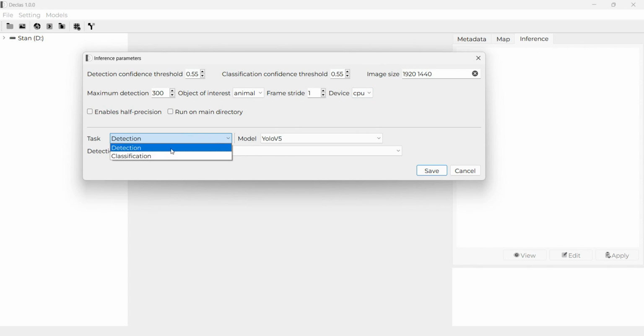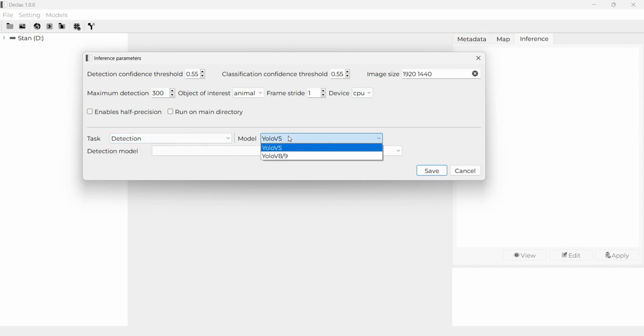Once you choose the task you want to execute, you provide the type of model you want to use. Here we have model YOLO version 5. YOLO version 5 is the older architecture of YOLO, and YOLO V8 and 9 are, I can say, the latest or newer versions of the YOLO architecture. I will show you when you need to specify what type of model you want to use. So if you don't understand anything there, don't worry, I will show you an example and it will be very clear.